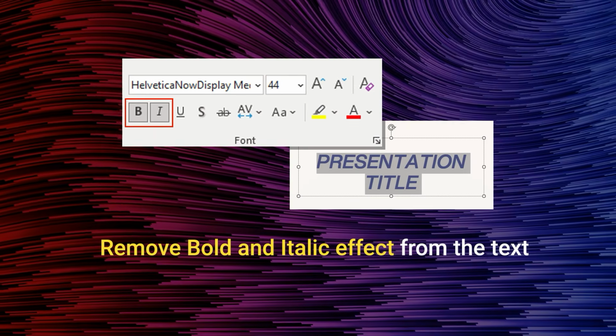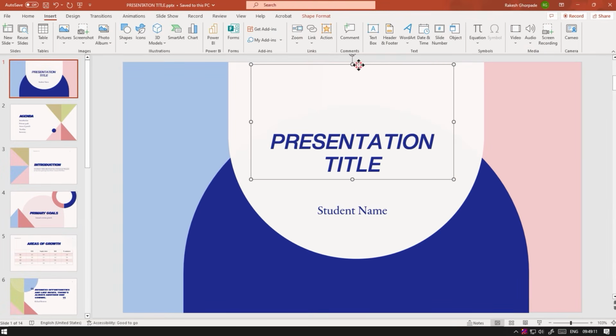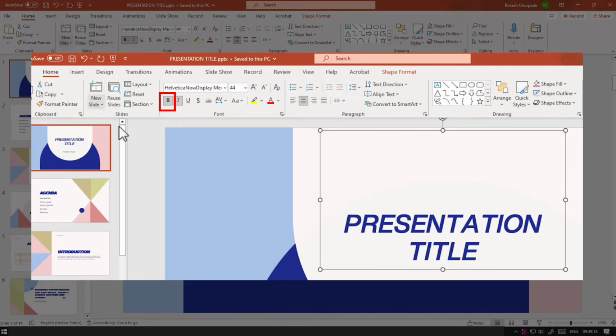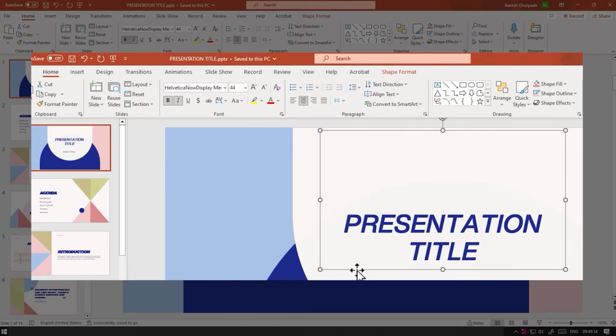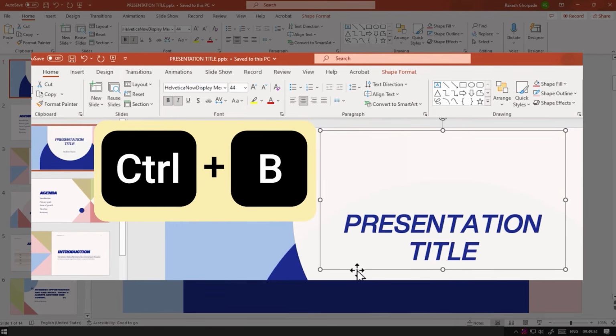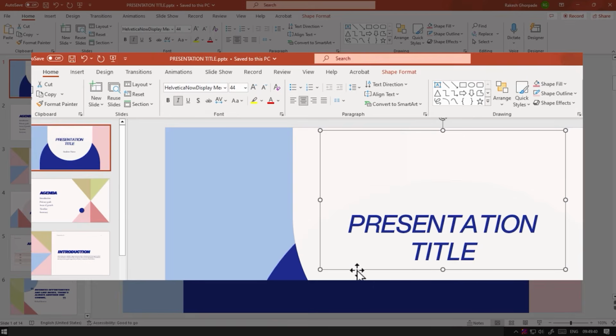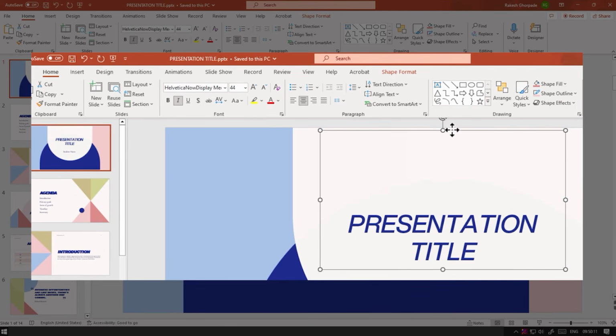Remove bold and italic effect from the text. Select the text. Italic formatting.